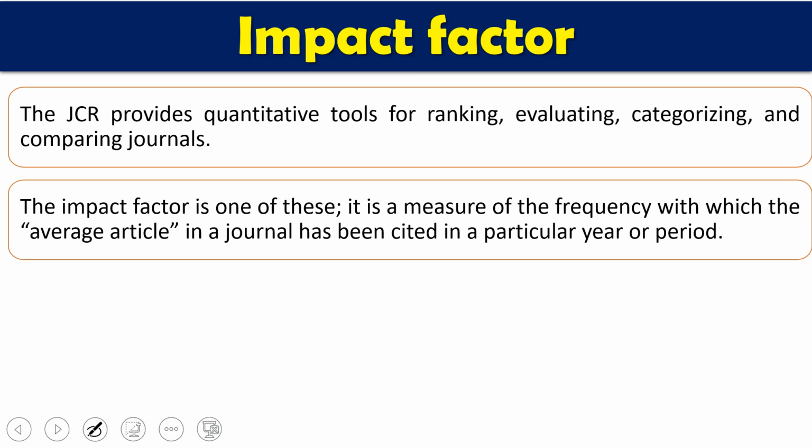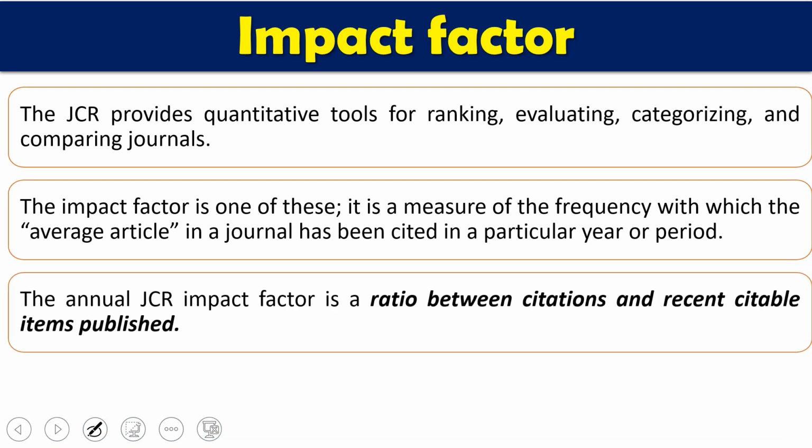The impact factor is normally used as an important basis for the selection of a journal. It is a measure of the reputation of the journal also. Impact factor measures the frequency with which the average article of a journal is cited in a particular year, and this is a dynamic index which changes every year on the basis of citations and the number of papers. It is a measure of the frequency with which the average article of a journal has been cited in a particular year or particular period.